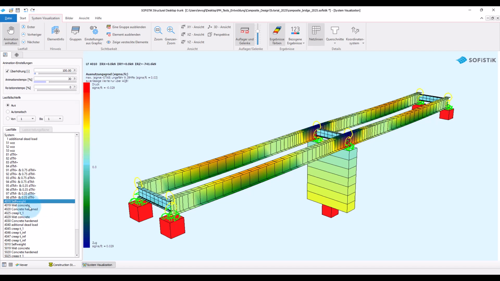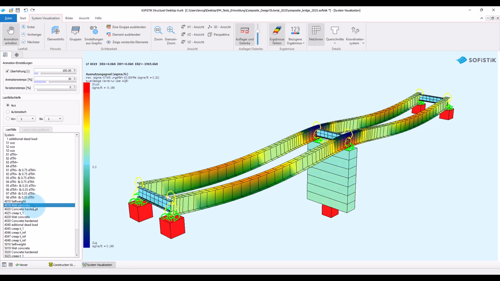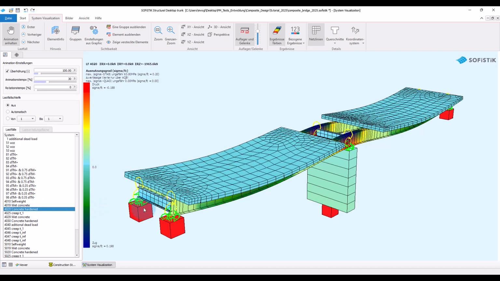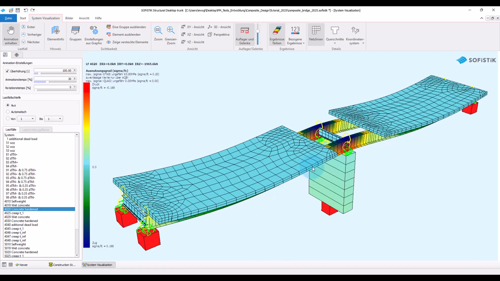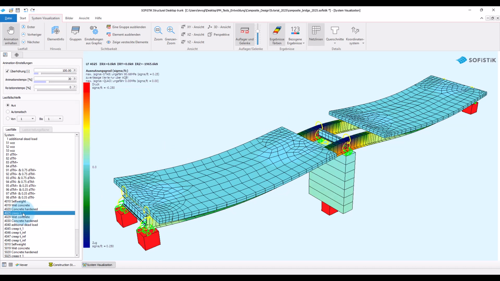Then we pour the concrete in the span sections. You can see, then we get a corresponding deflection of the steel. Then the concrete in the span hardens. You can see now the parts where we have poured the concrete. Then we have a step where the concrete creeps and shrinks.